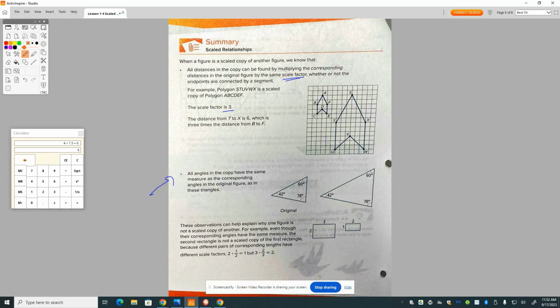Now we also know that all the angles have to be the same measure as the corresponding angles in the original. As in these triangles, the measures are all the same. Now, these observations can help explain why one figure is not a scaled copy of another. For example, even though the corresponding angles have the same measure, the second rectangle is not a scaled copy of the first rectangle, because different pairs of corresponding lengths have different scales. So you can see